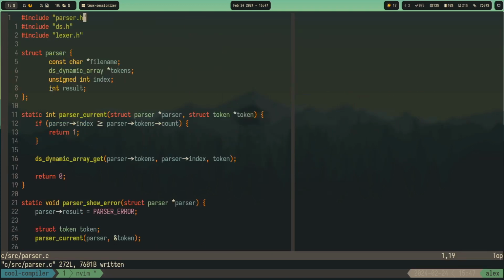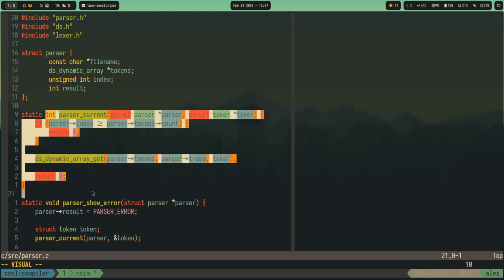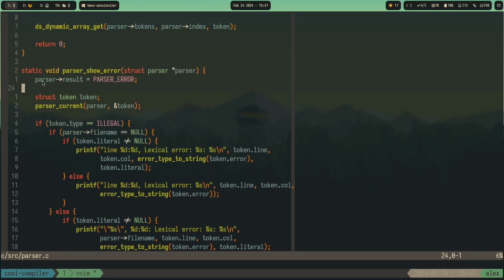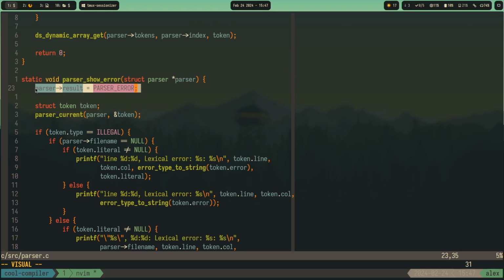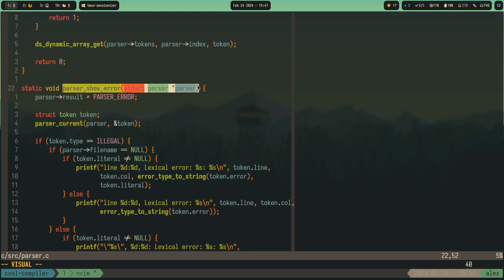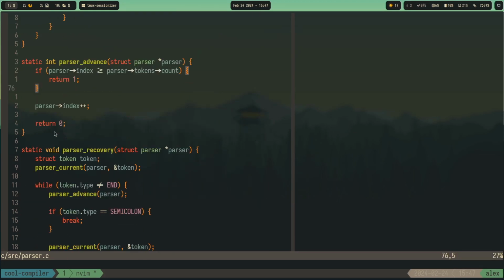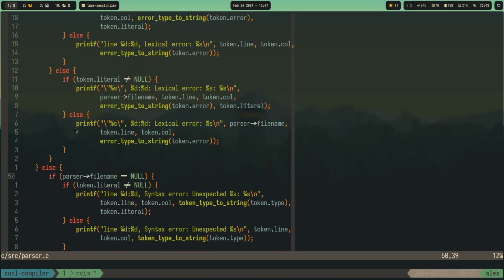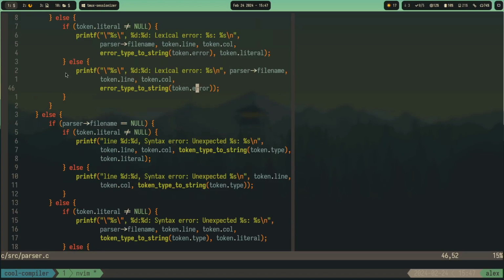So now we keep the result in here. And if we do parser show error, we set the error to 2. I mean, we can do it in a separate place because maybe you want to show error just randomly, whatever,